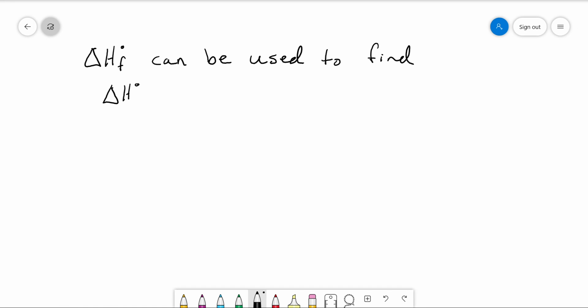All right, now we're going to use delta H naught sub F, and I'm going to show you how to use that to calculate delta H naught for any reaction. So this can be used to find delta H naught, standard enthalpy change, for any reaction. Okay, and there's a simple equation,